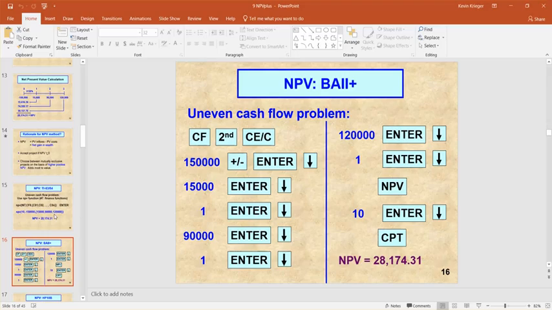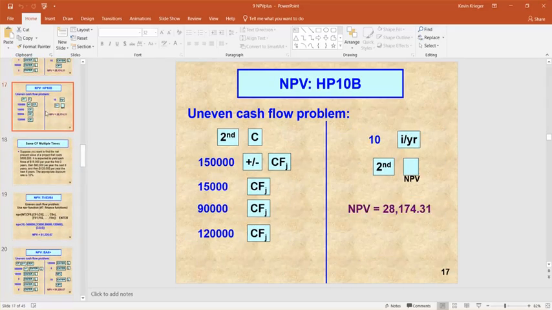You can do the same thing with the BA2 that we've talked about before. It's getting your net present value via the cash flow register on your calculator. You just need to be careful, right, with making sure that the calculator is clear, and that you remember to hit NPV when you're finally done inputting cash flows. You're going to have to put in an I as an interest rate. Hit enter one final time, scroll down, and hit compute to get the final answer. So all the directions here are laid out, but just a reminder that you want to practice the calculator syntax on this. I personally am not an HP 10B guy, but it's a pretty quick and easy calculation to do here in this case.